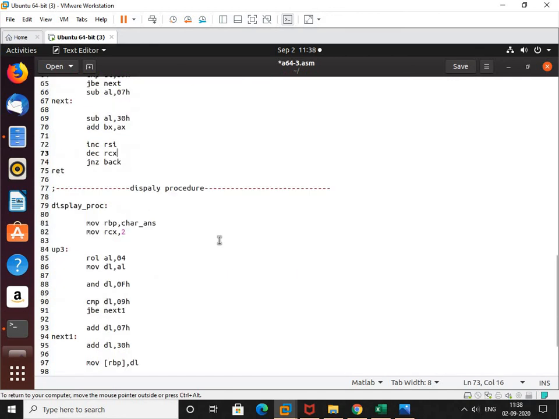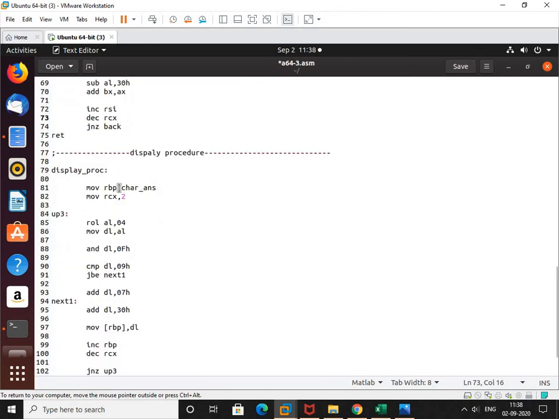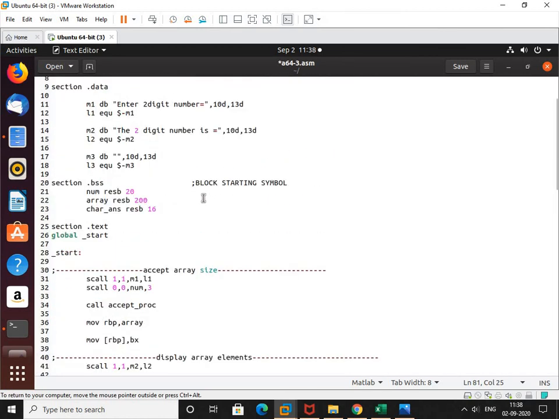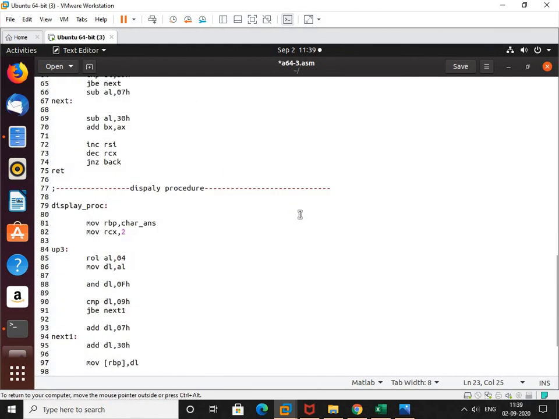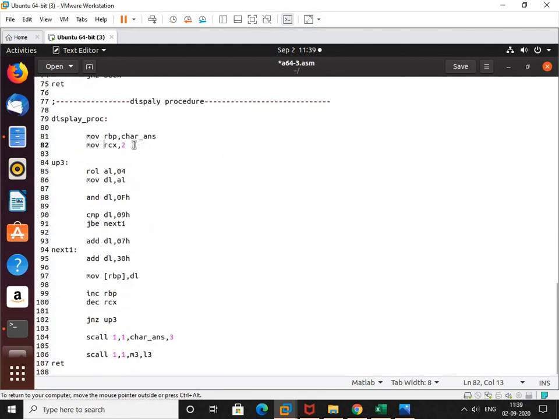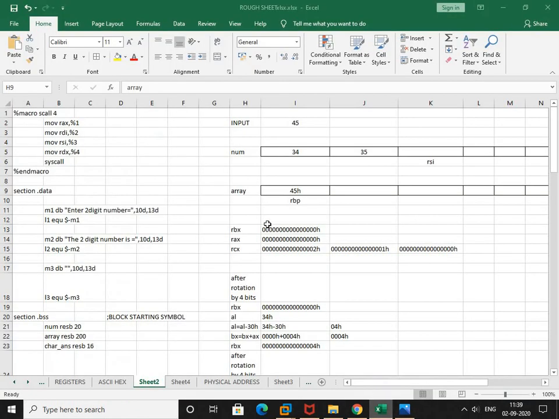Next, here I have taken a small variable known as char answer, of 16 bytes. We have allocated 16 bytes for this, and I have initialized RCX to 2. Since we want to display a 2-digit number, the count I have taken here is RCX 2.